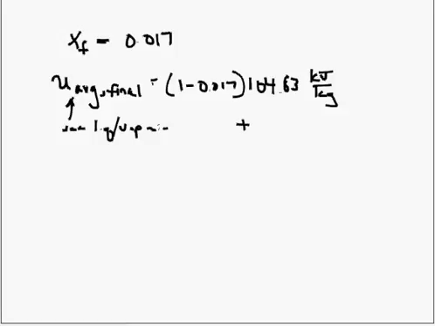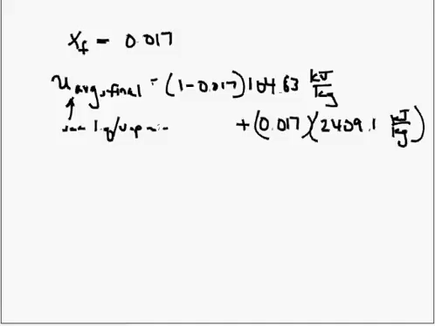And then I'm just running out of space here, so I'm just going to write on the second line. So plus the quality, 0.017, times the specific internal energy for the saturated liquid, that again we found in the table and wrote on the previous slide. So 2,409.1 kilojoules per kilogram. Okay, so when we calculate that, what we get